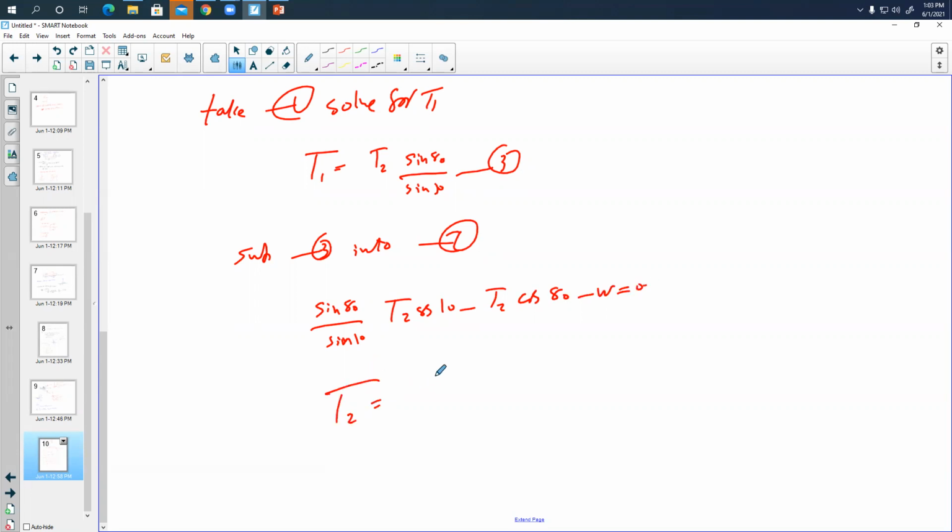That means your T2 equals your weight over, now let's see if we got this right, sine 80 over sine 10, cosine 10 minus your cosine 80. That means your T2 is going to equal, if you substitute the numbers,